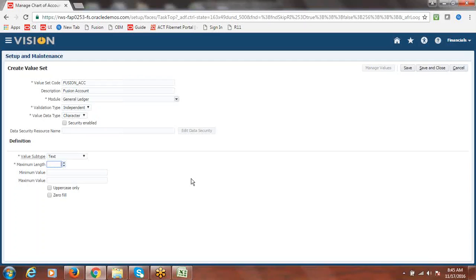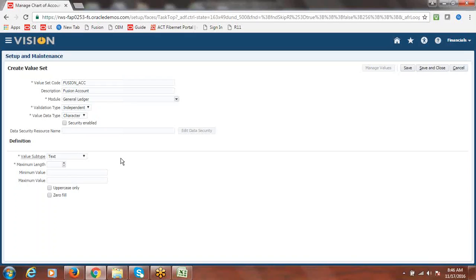So maximum length. So Ankit, data security source name. See Ankit, it's very simple. The value set you want to use in which application? That's what we are specifying, that's all.